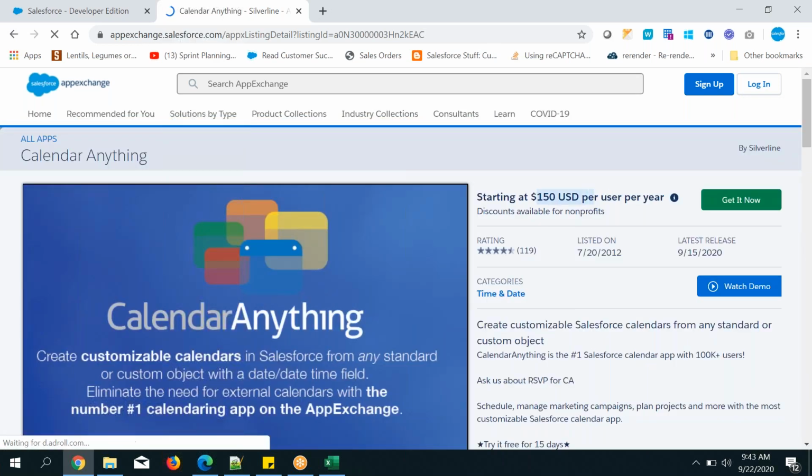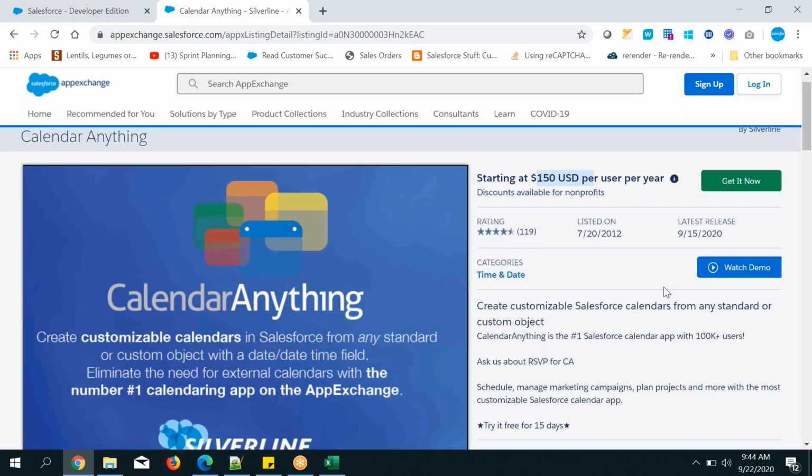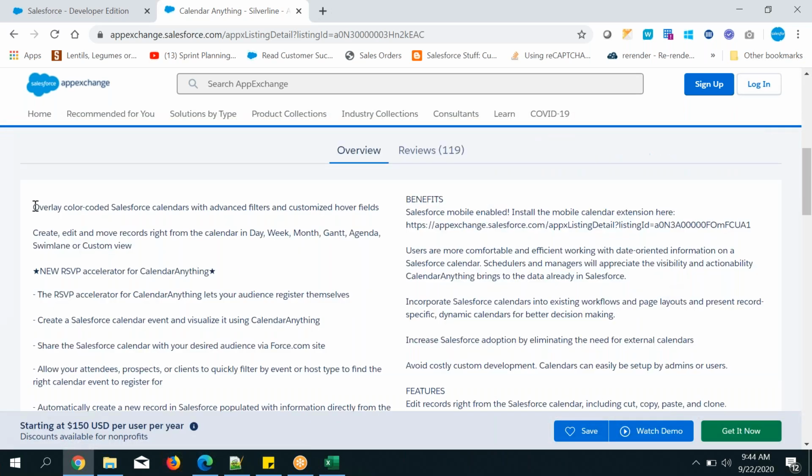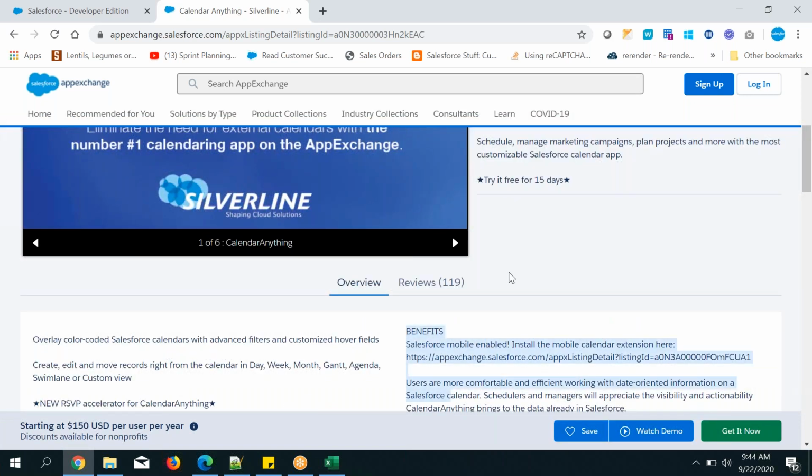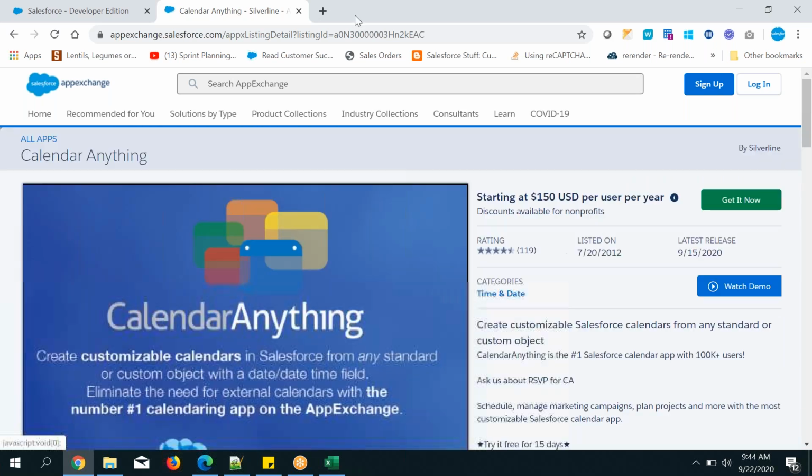Same, this is paid. So if it is free, you need to click on this one and it will ask you while installing where you want to install, for admins or particular users. Based on your requirements you can choose admins or particular users, click on it and get it. The benefits of this application they will give here, and you can read through it, and if it is beneficial to your company you can get it. That's it. Generally that is about the App Exchange App Store.